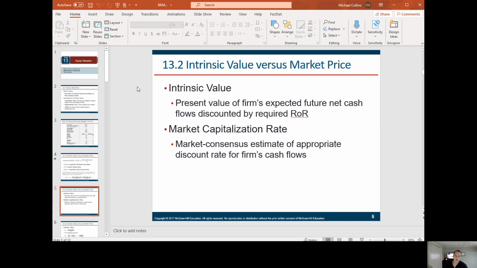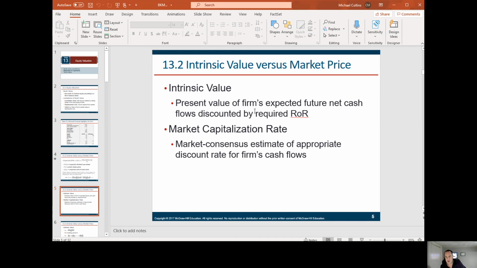That's the present value of the firm's expected future net cash flows, discounted at a required rate of return. So again, these are great academic functions. But the present value, which you discount, let's say you say we're going to make 100 grand a year, and let's discount it at 3%. So what would you pay for that cash flow if you had to value it? $100,000 a year from now is probably worth $97,000 today if you discount it at 3%.